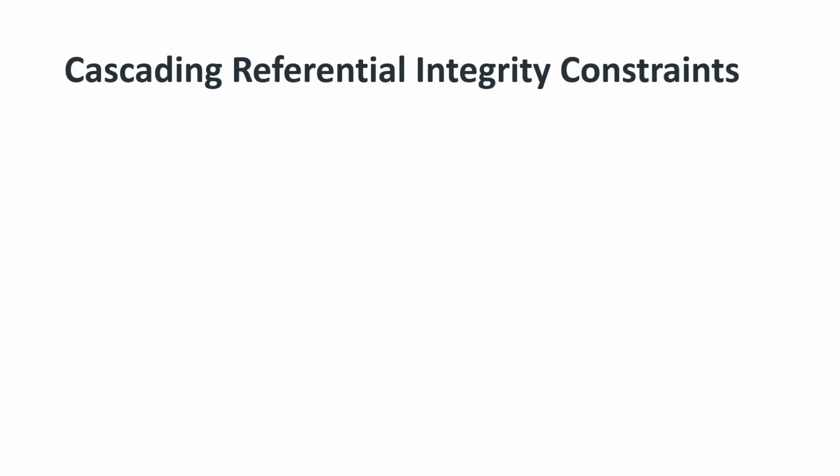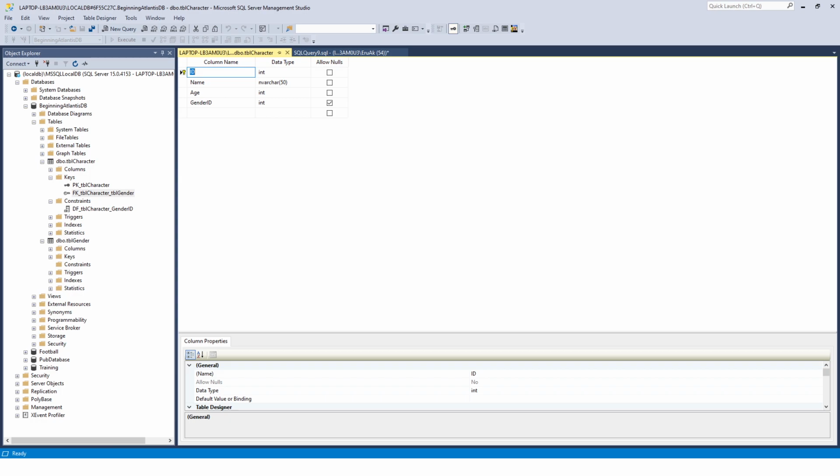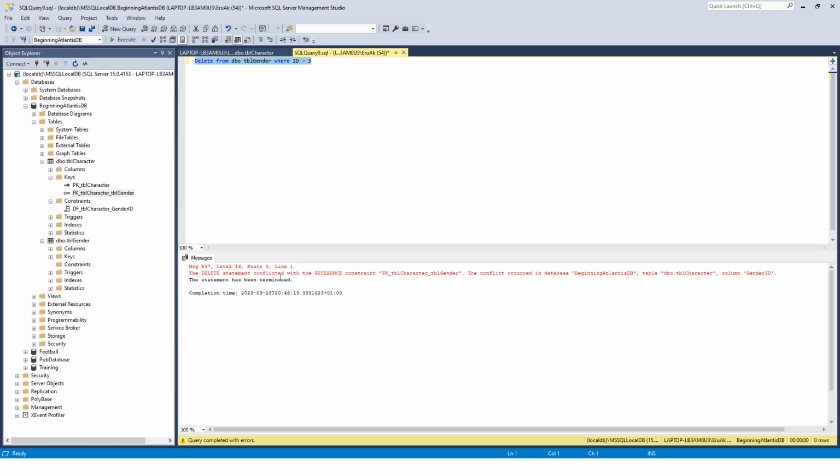So to go over those options in the delete rules, we've got the no action. This is a default behavior in the delete rule, and this basically means that if we try to delete anything from the gender table that is referenced in the character table, it will not be allowed. Which is basically what we saw when we tried to delete that. When we tried to run this query here, this is basically what was happening. It was because of the default behavior of no action, it didn't allow us to delete that